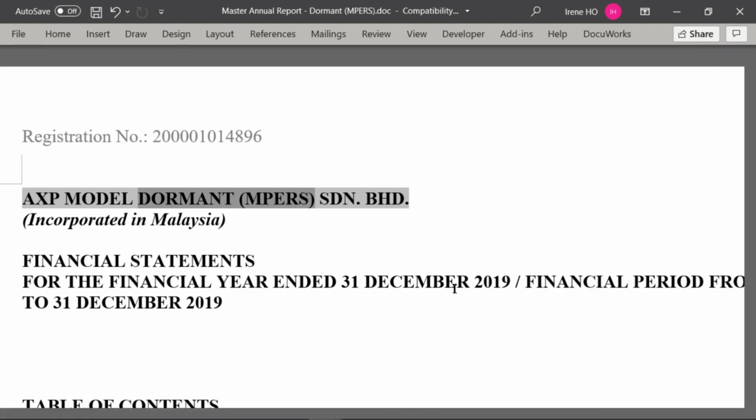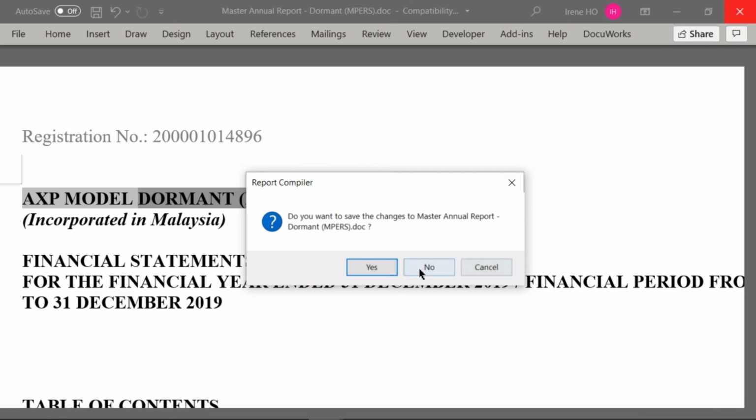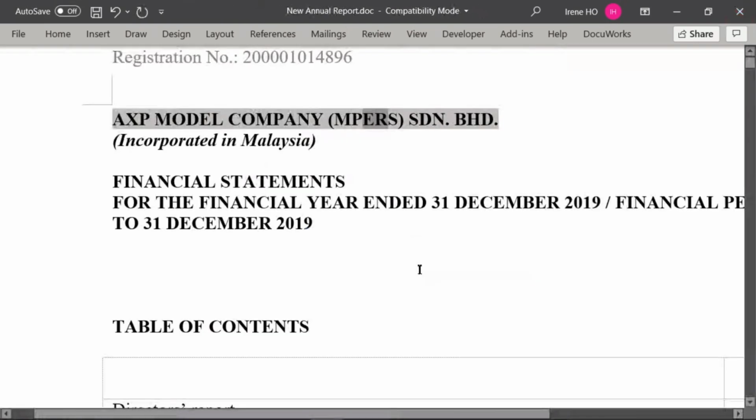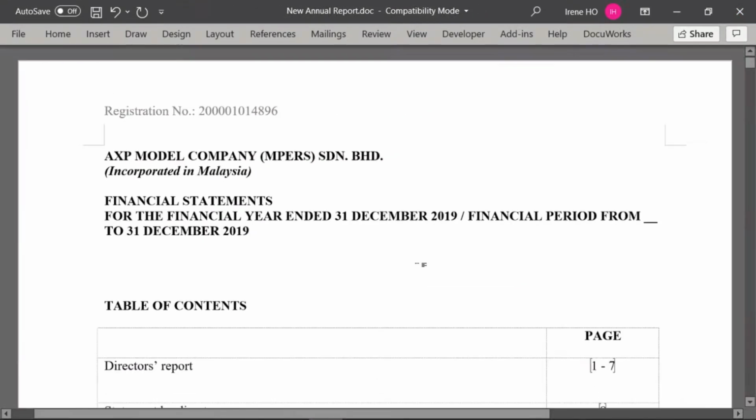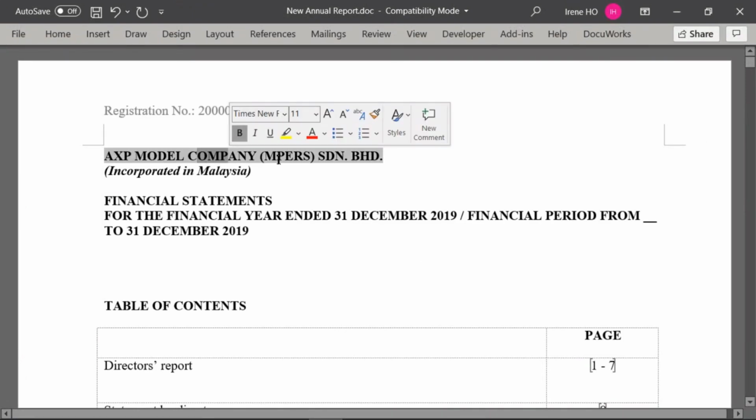During your real case, if let's say you want to do dormant but could not find it, so you usually use the company one? No, you should have it. You should use browse and browse to the file path in your notes. So this dormant one, I will click close. No need to save. I need to use this company